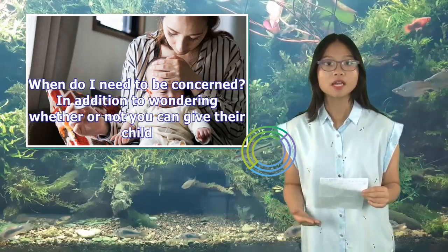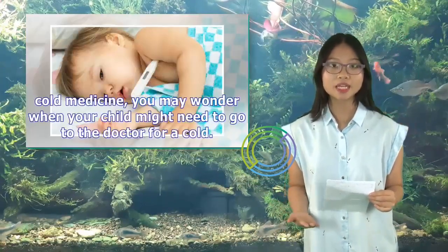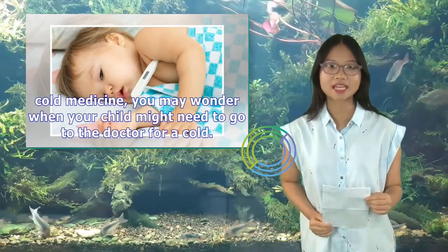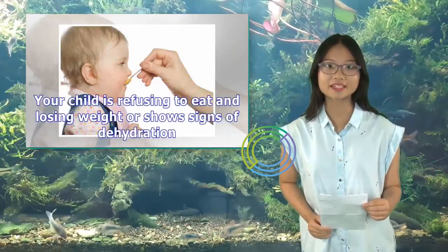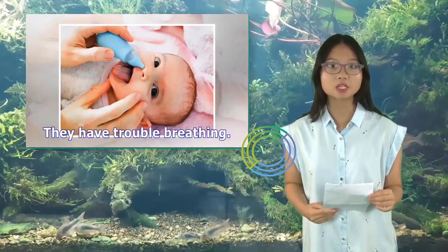When do I need to be concerned? In addition to wondering whether or not you can give their child cold medicine, you may wonder when your child might need to go to the doctor for a cold. Make an appointment with your pediatrician if your child is refusing to eat and losing weight or shows signs of dehydration, or has trouble breathing,